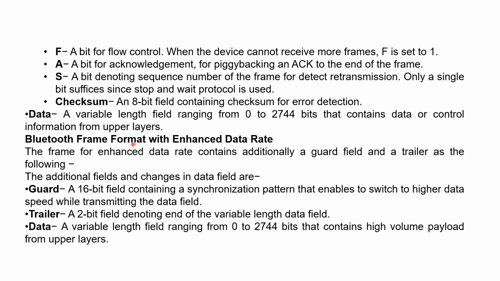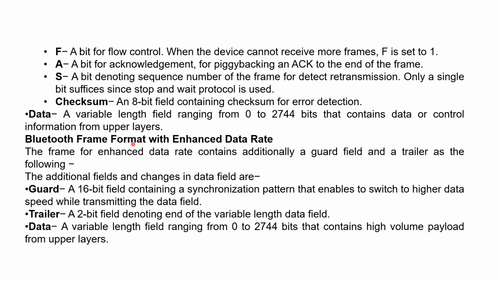And these two fields are a guard field and trailer field. Okay, so here you can see the guard field is 16 bits wide, and it consists of a synchronization pattern. This synchronization pattern helps to enable the switch to the higher data speed. Okay, and trailer bits are a 2-bit field, and they denote the end of the data field. So the end of the data field and higher data transmission field is denoted by the guard field and trailer field, as